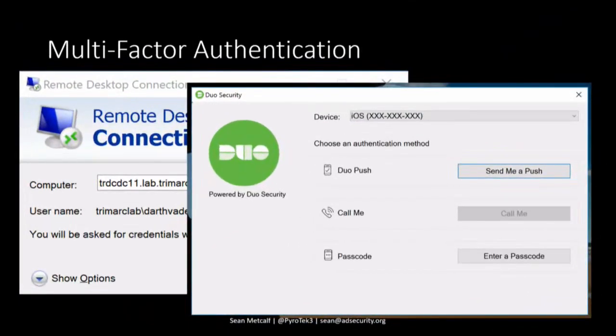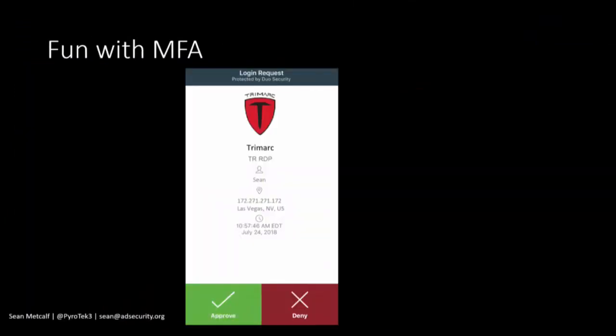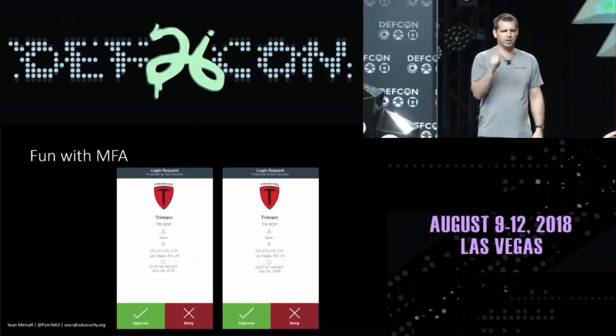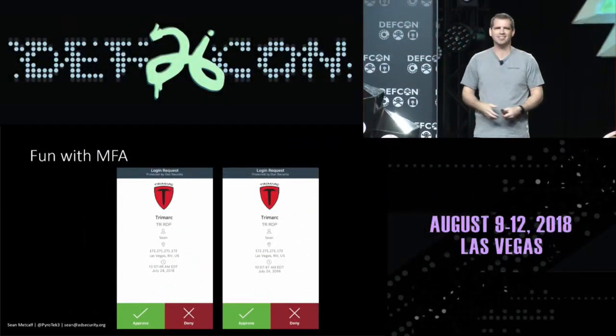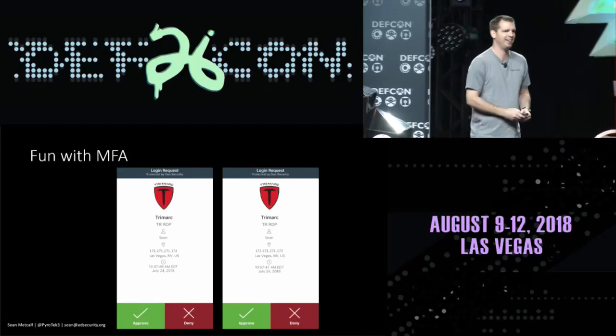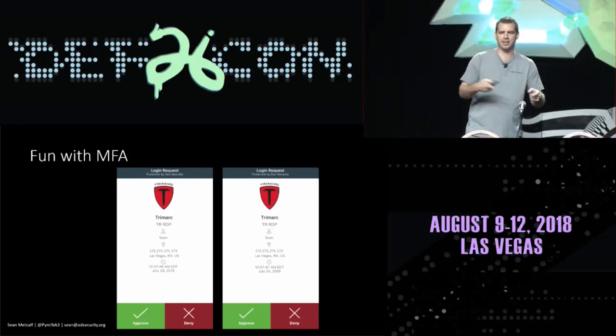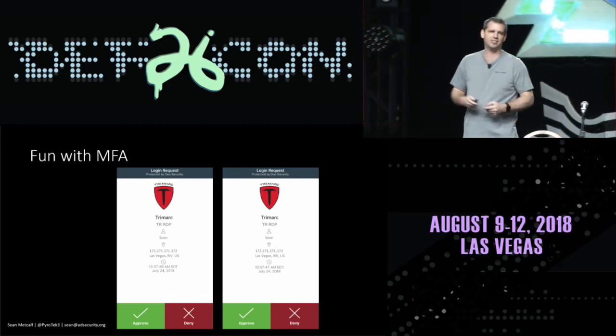Okay, so let's look at that. We use RDP, we MFA it, we click on the button, send me a push. I get the little pop-up on my phone. I go, yeah, that looks fine. Approve. But a second later, I get a second one. I just approved the first one. I'll approve this one. It's probably a hiccup, right? Sure, it's okay. Do I tell anyone about it? Do I deny the first one? Do I approve? Like, what's the situation? How do I make that decision?